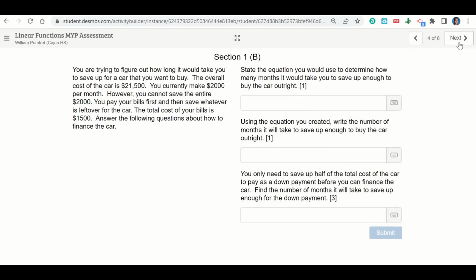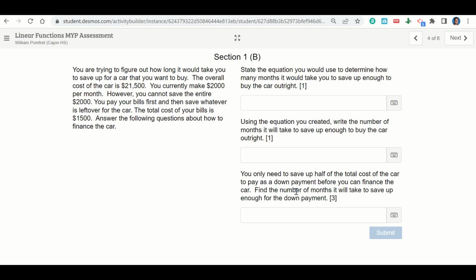Now we're going to change the scenario just a bit and say that the cost of the car is the same, but you only make $2,000, but you still have to pay $1,500 in bills before you can buy the car. So you're going to state how many months it would take you to save up to buy the car outright. So you write the equation, solve it, and then for the last question it says, well, what if instead